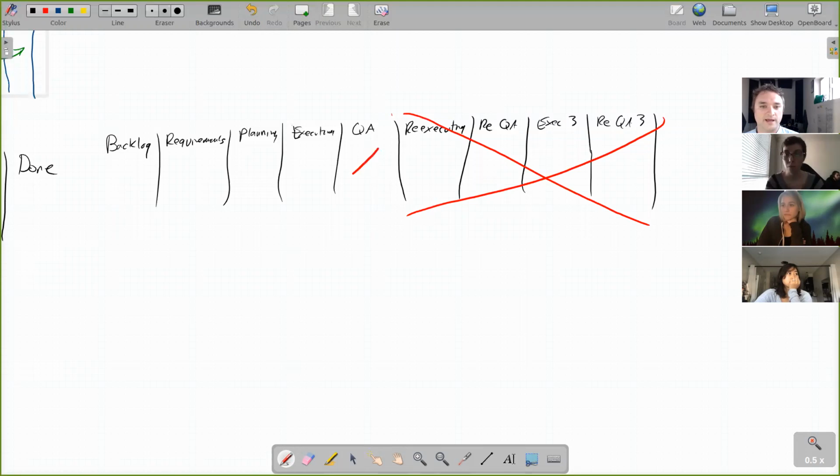We do this by not having a QA process, by writing the tests first, by pair programming, by doing PRs. That's our QA process. It's all part of doing the work, not a separate step.